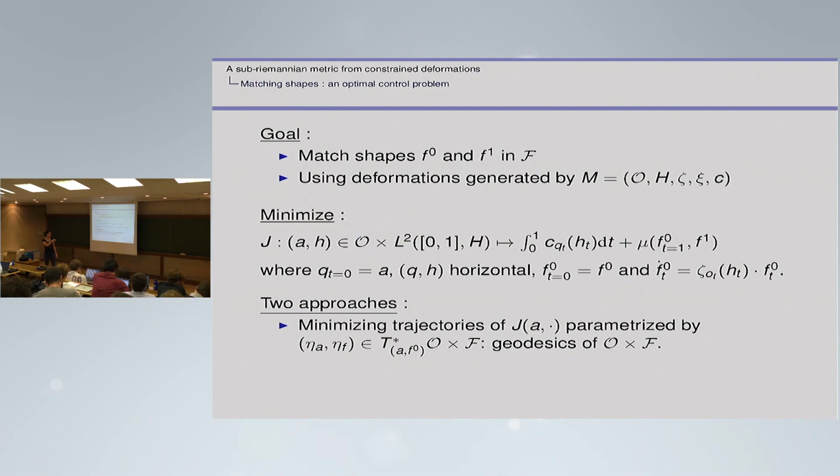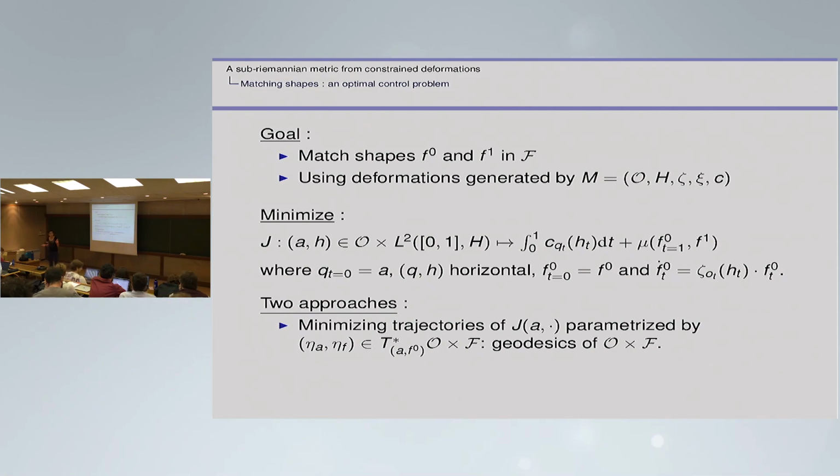And then the minimizers here, given an initial point A, are going to be parameterized by initial momentum in the cotangent of the product space. So this is the first way, really minimizing this functional. The second approach is saying that we don't want to minimize this because, for instance, F is too high dimension, so it's not interesting to have an initial momentum belonging to this space. The dimension is too big, it's too redundant.